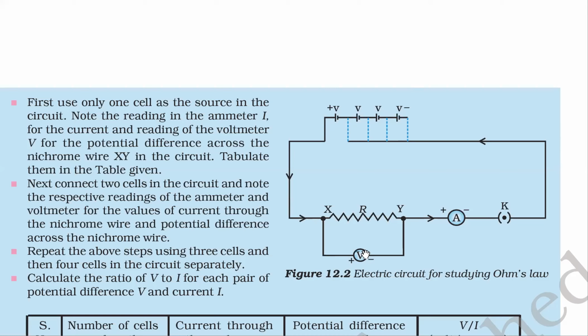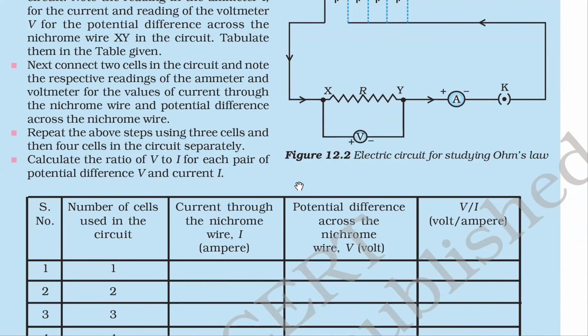Now, we say that a voltmeter is always connected in parallel. So when we want to measure the potential difference across this resistance, this is the way to connect the voltmeter. Parallel means that one terminal of the resistance and one terminal of the voltmeter are connected together, and the other terminal of the resistance and the other terminal of the voltmeter are connected together. The ammeter also measures the current through this resistance, but it should be connected in series, so it is always connected as part of the loop, and the voltmeter is connected like this. I hope the voltmeter connection in parallel is clear to everybody.